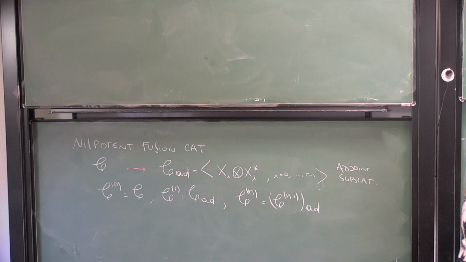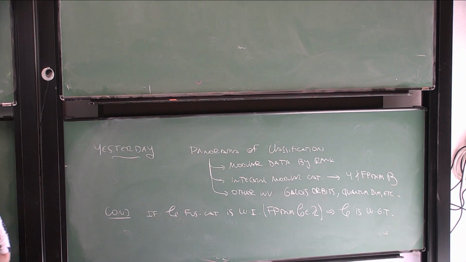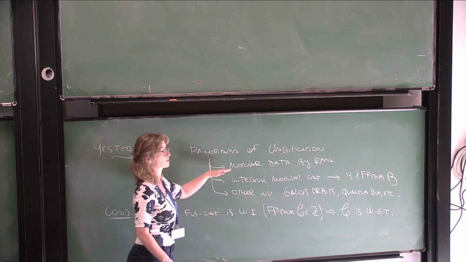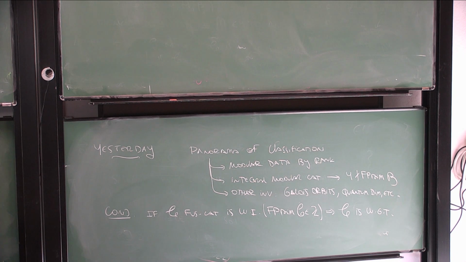We talk about some definitions and examples, and especially we present invariants to be able to talk about the classification, the panorama of the classification of fusion and modular categories. So we talk more in detail about modular data, the classification by rank that I said is on arXiv up to rank 11, but coming soon rank 12.